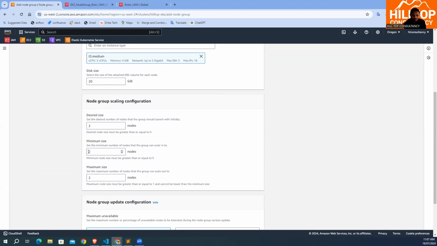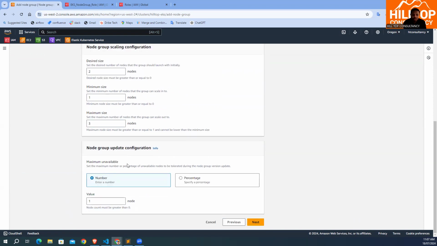Minimum size, if there is an upgrade or something, how many should we have at a time? So you can go to 1. And the maximum capacity, if scaling is taking place, it can scale right up to 3. And you can go with the configuration if you want it to scale based on number or on percentage. So if you put 1, maximum unavailable should be 1, it means when scaling is taking place, you scale 1